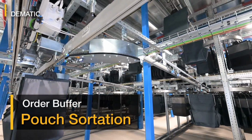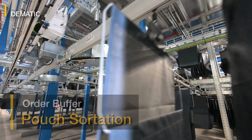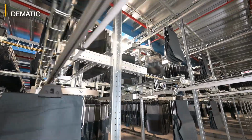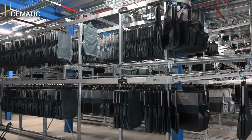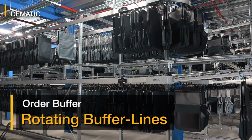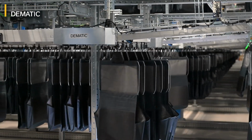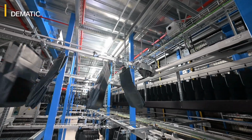wide range of applications. Powered by intelligent Dematic software, Dematic pouch sorter prioritizes and processes urgent orders, eliminating the need for wave planning and multi-stage sortation. The inventory can consist of newly picked items needed to fulfill orders or returned items. Inventory is buffered in long loops up to 100 meters that circulate continuously. The Dematic pouch sorter then sorts, sequences, and delivers those pouches and hanging items to the packaging station for consolidation